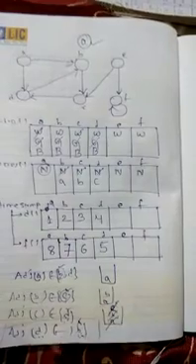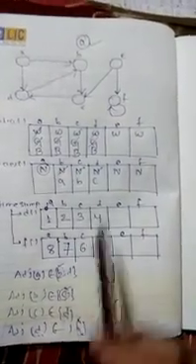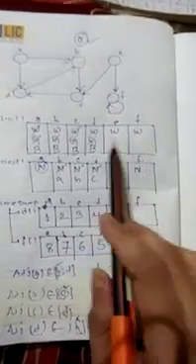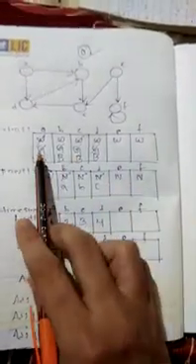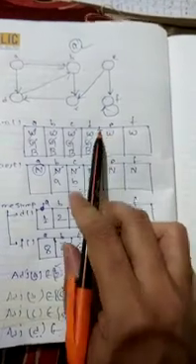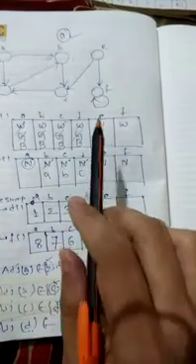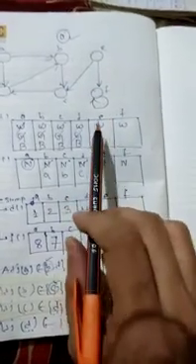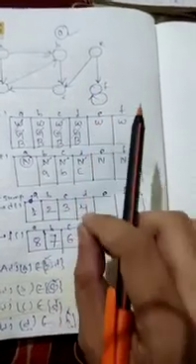Then see, by starting vertex A, we found this number of adjacent vertices. But still some vertices are there which are not discovered. So in this case, we take another source vertex. We have to check the color array and check which vertex is not discovered. Suppose I take E, which is not discovered. If any vertex has not been traversed, you have to take that vertex as source vertex.